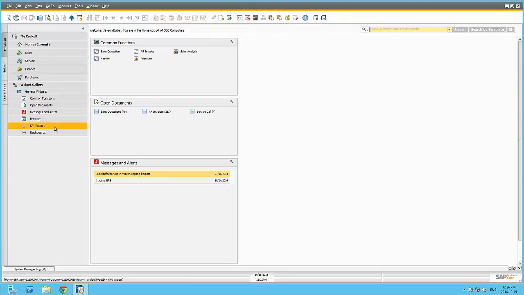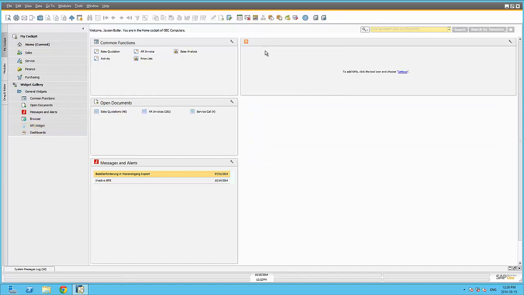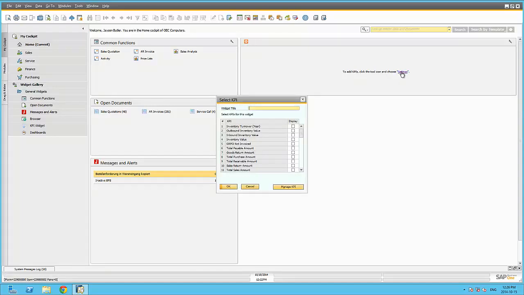The KPI widget can be used to display one or more of the 42 predefined key performance indicators available within SAP Business One. User-defined key performance indicators can also be created via pervasive analytics and embedded within the same widget. Clicking on Settings, we can now define a widget title and select the predefined or user-defined KPIs that apply to